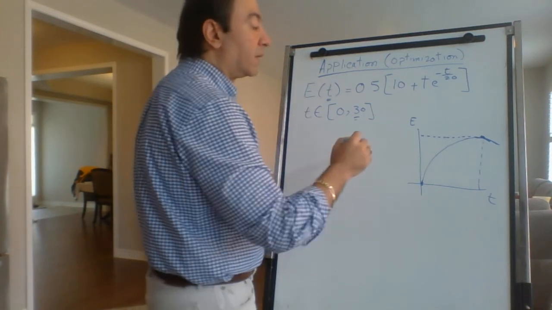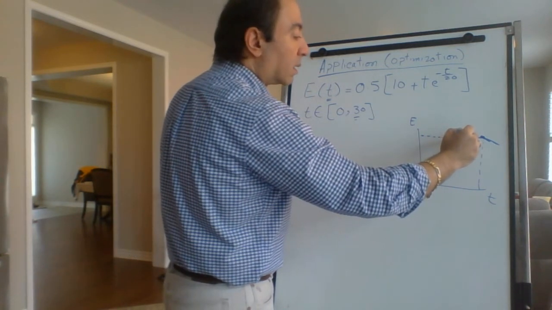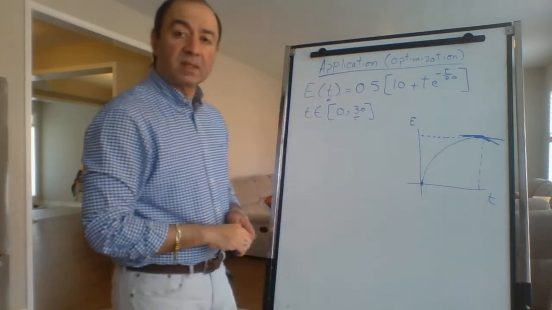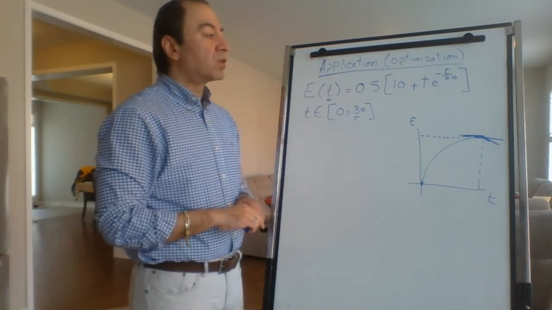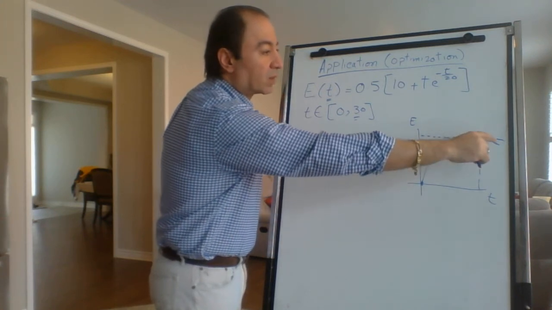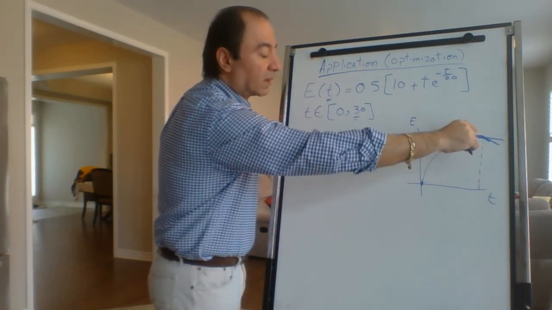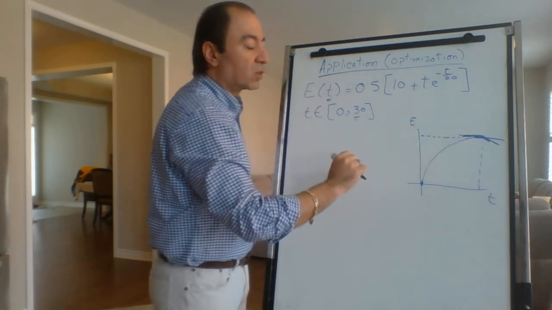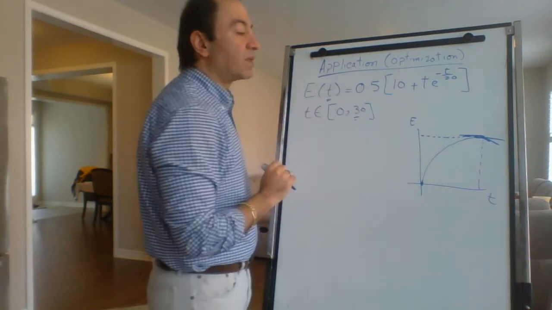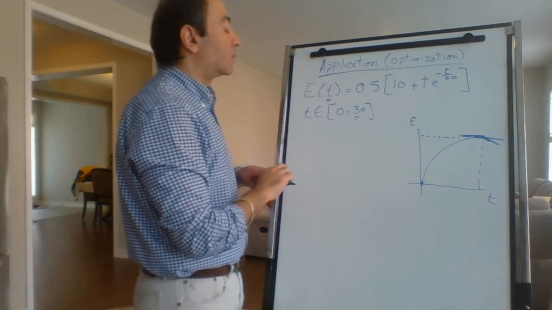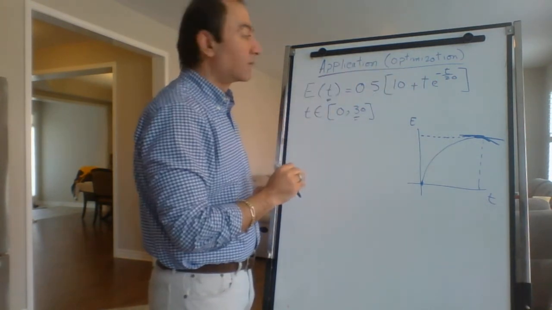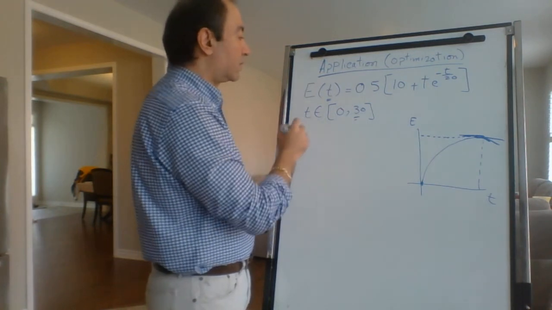So when we have a maximum, the slope of the tangent will be 0, and the slope of the tangent means the derivative is 0. So we need to know at what time the slope of the tangent will be horizontal, so the slope of the tangent will be 0. In other words, at what time the derivative will be 0. Okay? So simply we are going to find the derivative, make it equal 0, and solve for t. That's it. So the derivative of this is